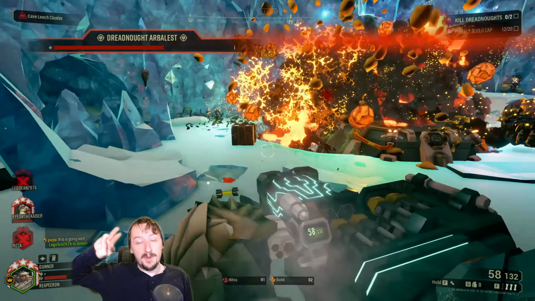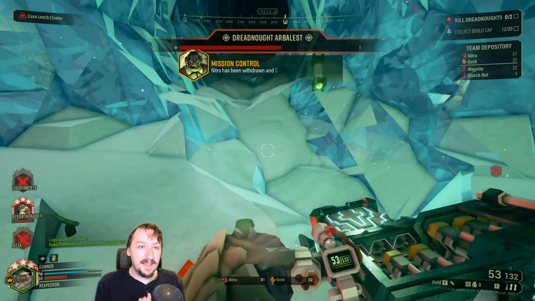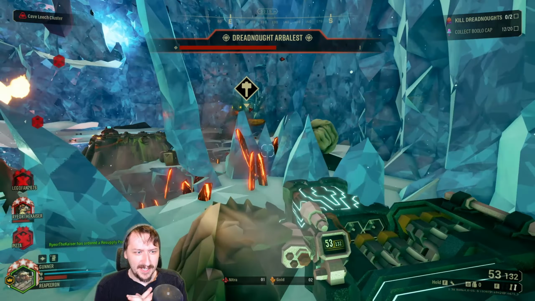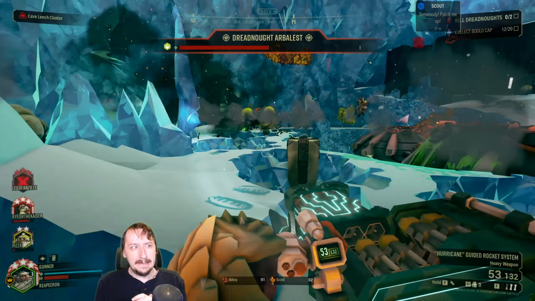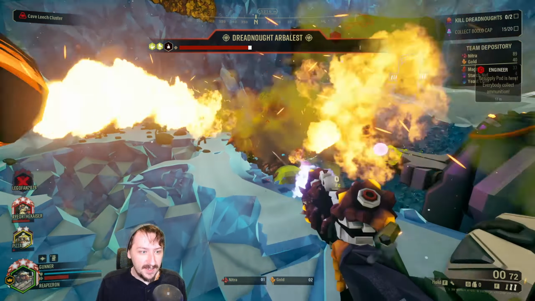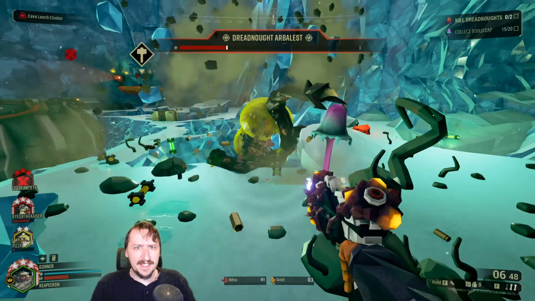Coming in at number 3, we have Lead Spray for the Burst Pistol. This is a very simple, straightforward overclock that lets you have really high DPS at the cost of your accuracy. So you're not going to be making really long-range shots. Well, you can, because the bullets can still go that far, but they're going to be way more random and spread out. So RNG is going to have to be on your side in order for you to get a lot of value from this, or you're going to have to get up really close and just shove this thing directly in something's face or its weak spot and just empty it in,